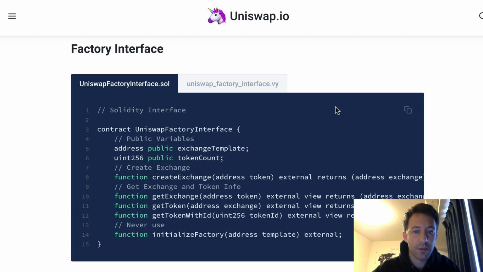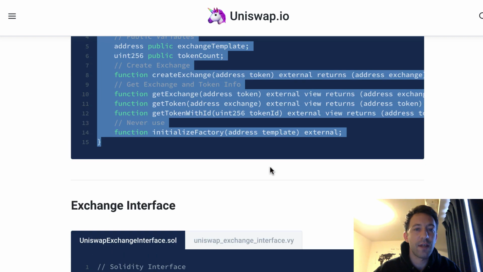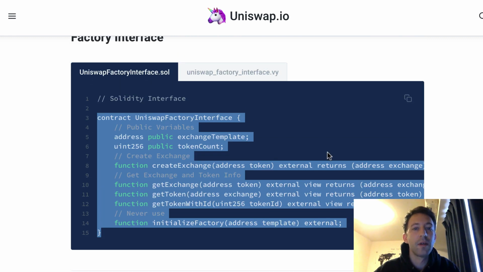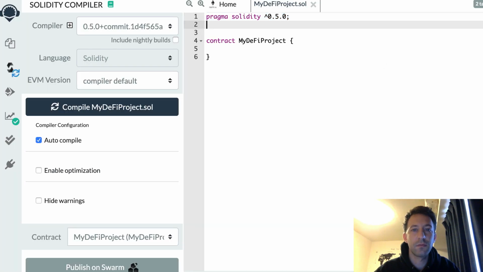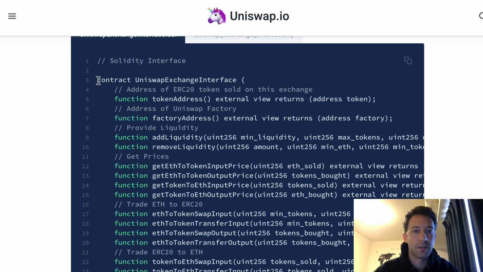I'm going to say it one more time: the actual smart contract of Uniswap is written in Viper, but in order to interact with it, we can use an interface in Solidity. The Ethereum blockchain doesn't care if you use Viper or Solidity, it only cares about the compiled bytecode. That's why we can easily operate Viper and Solidity. There are two smart contracts, the factory interface and the exchange interface. First, I'm going to copy the Uniswap factory interface,